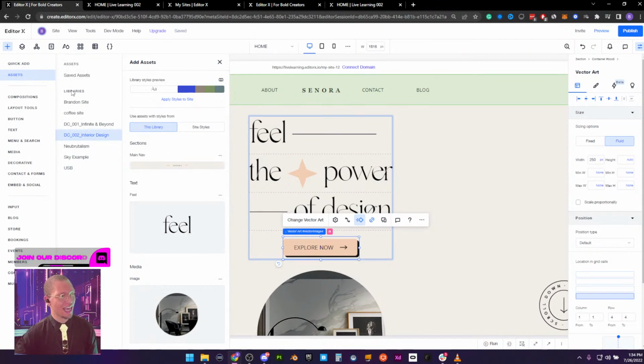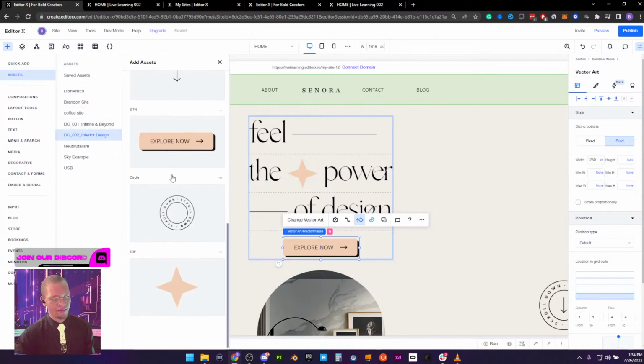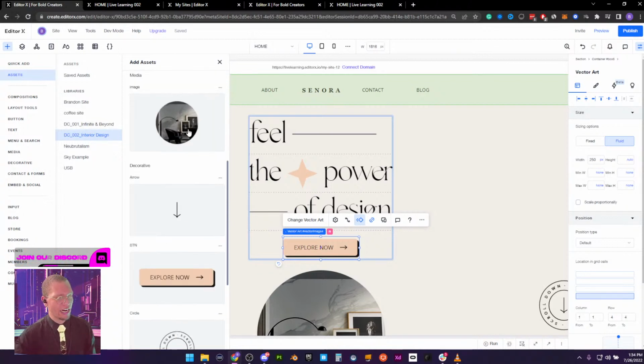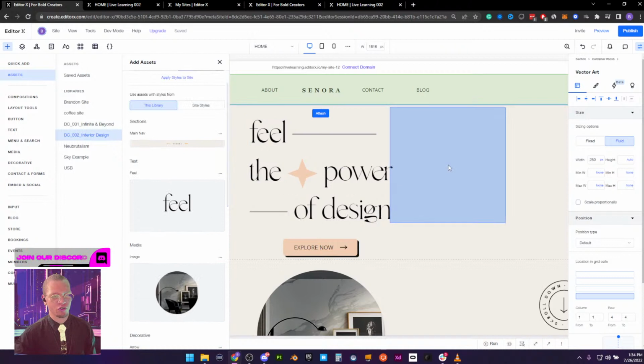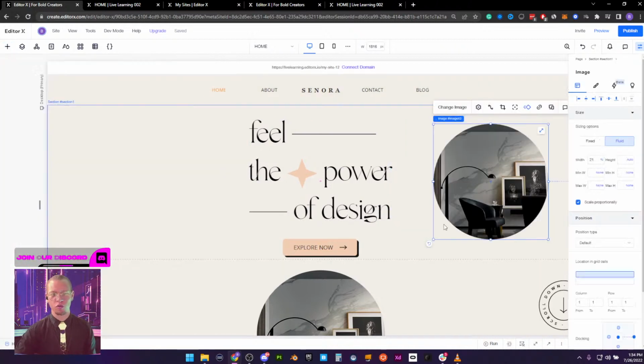Underneath your assets and libraries, if you're using this asset library, you will see the DC002 interior design. Click that and you'll see all of the assets that we have: the buttons, our wheel, our star, our arrow, our image, and you can just drag this stuff out onto your screen. You see how we do all of that in day one.